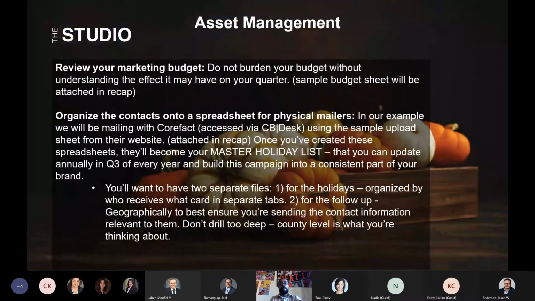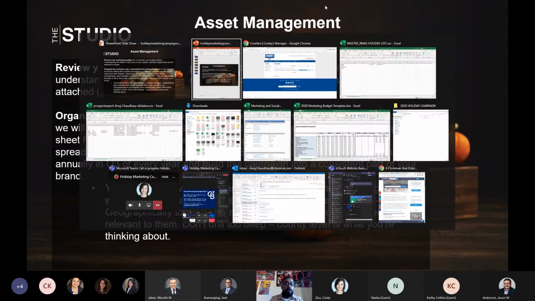All right, so we talked all about the physical idea, right? That's the plan for the physical mailers. You want to organize your contacts by how they'll receive a card. We're going to talk all about choosing everything and execution in day 2. Day 1, right? This is all about planning. Planning. First thing you want to do